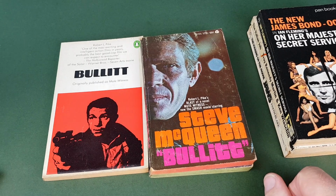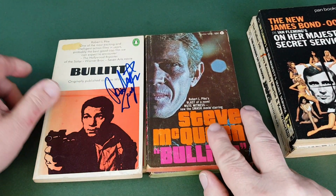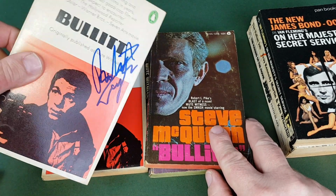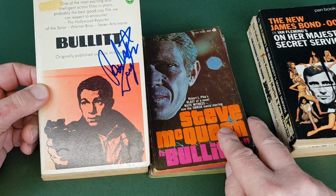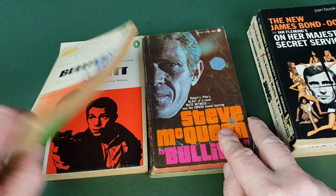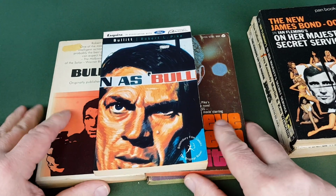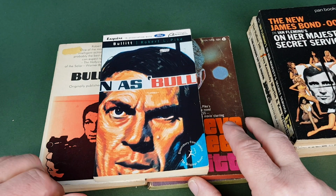And I mentioned I met Robert Vaughn. This is my Penguin edition of Bullitt, and I got Robert Vaughn to sign it. So that's actually Robert Vaughn's signature there, who is like the co-star of this film. So that's good. And then, I think it was the 90s or the early 2000s, Esquire magazine published